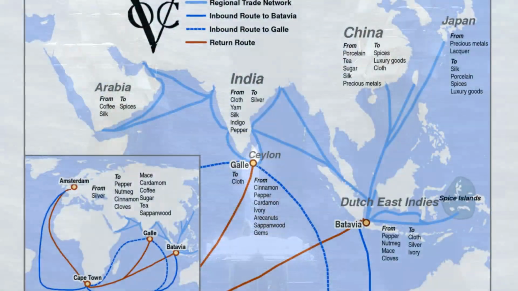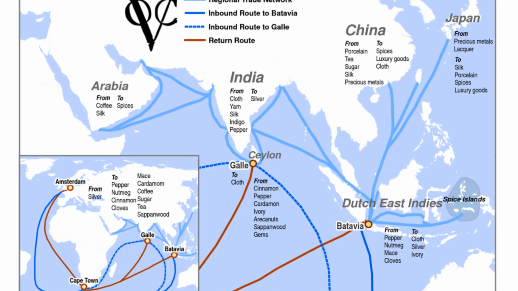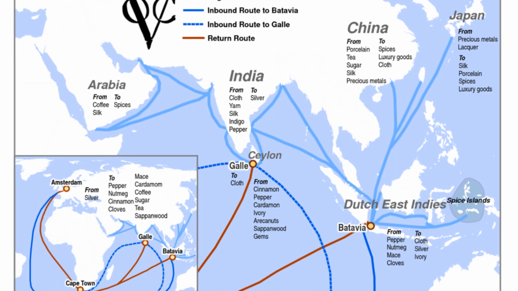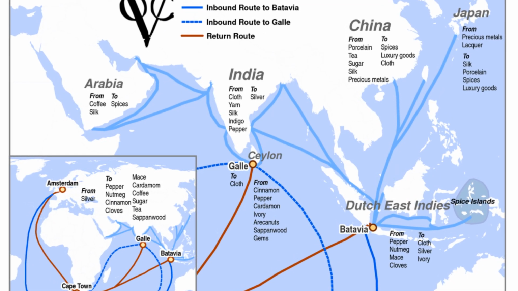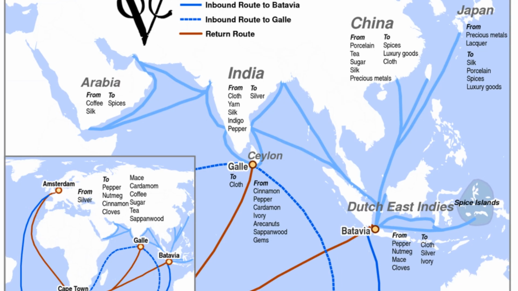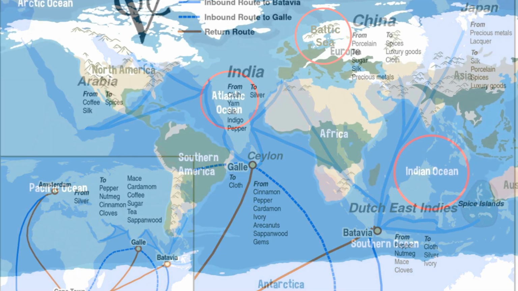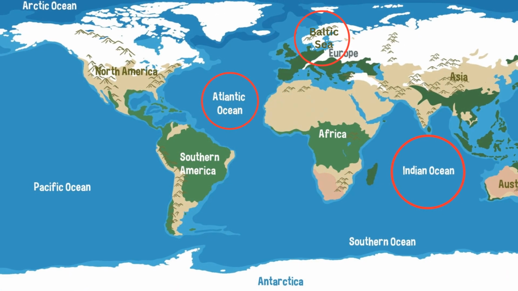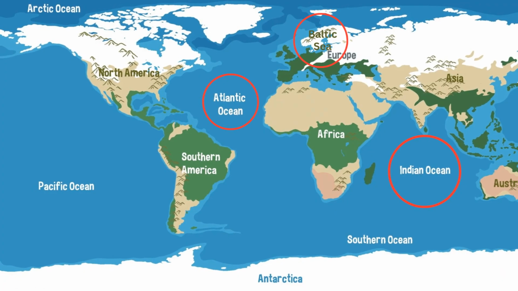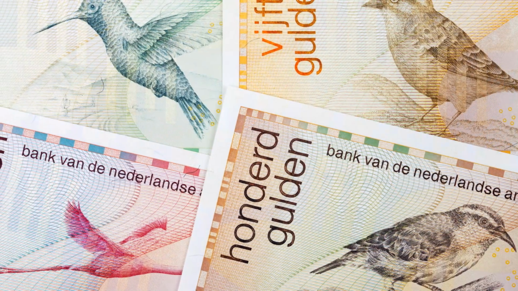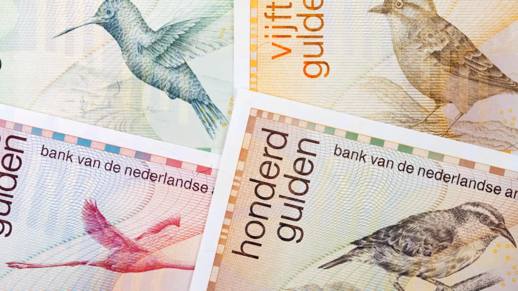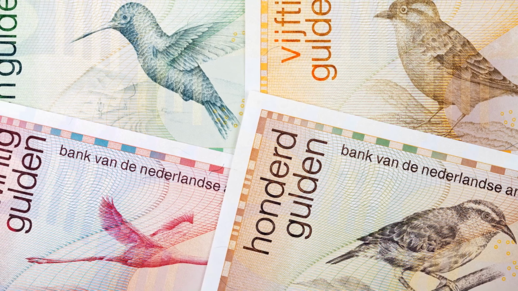The Dutch in the 1600s perfected this. The Dutch East India Company had its own army and navy, 40 warships and 20,000 soldiers. They conquered trading posts, seized control of the Spice Islands, and dominated the Baltic, Atlantic, and Indian Ocean. If you wanted to trade, you needed guilders, the currency of the power that controlled the seas.